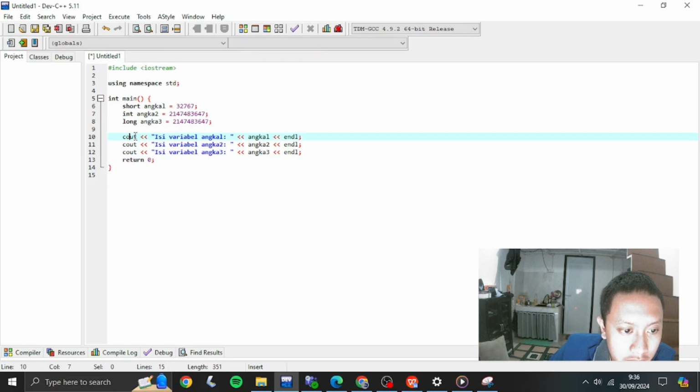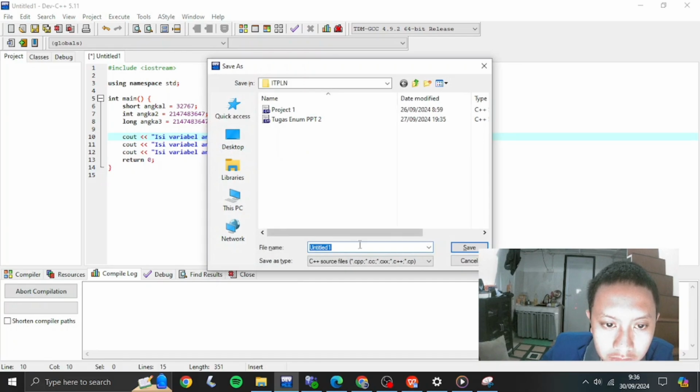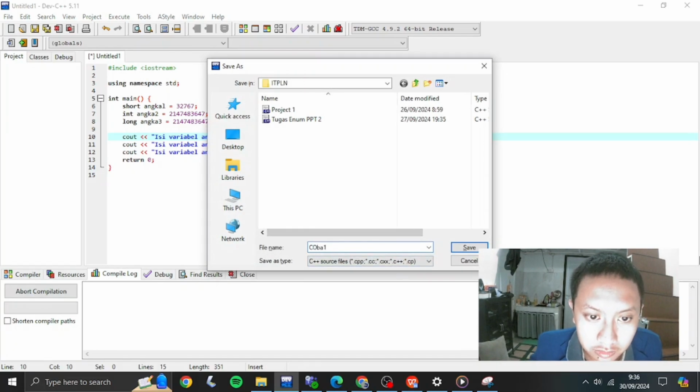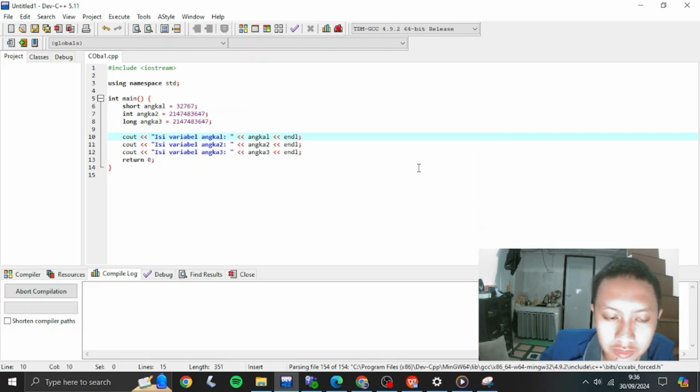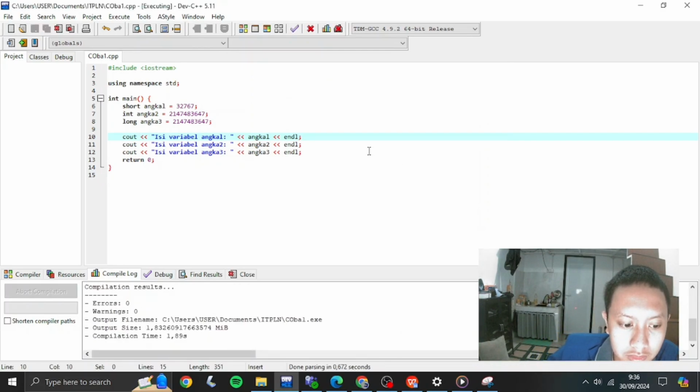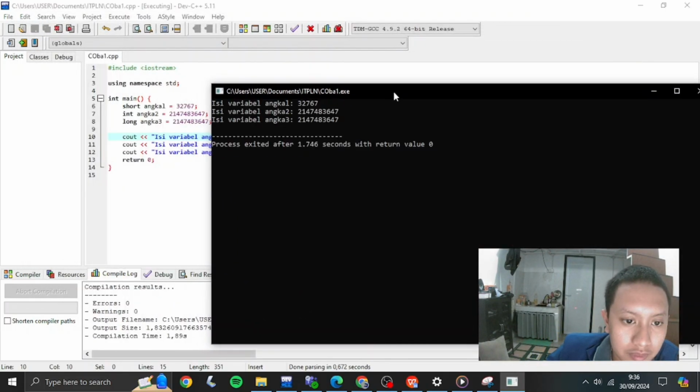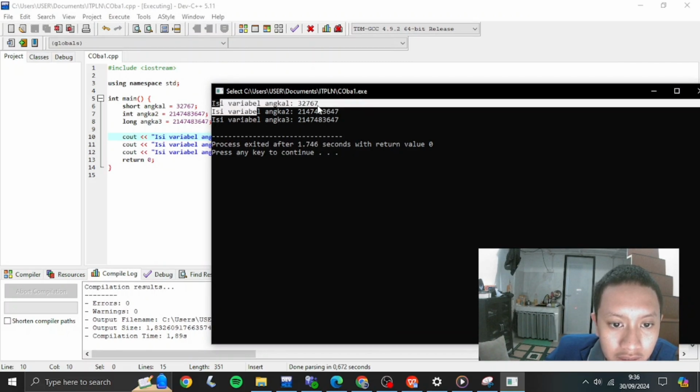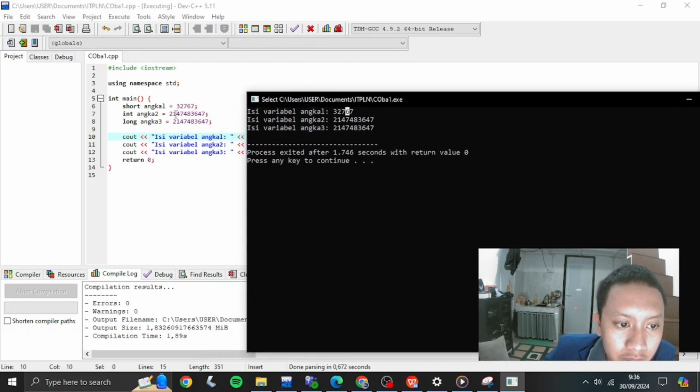The cout is like the cover or the output of the number you want to show. Let me give you an example. It shows you the number you input.